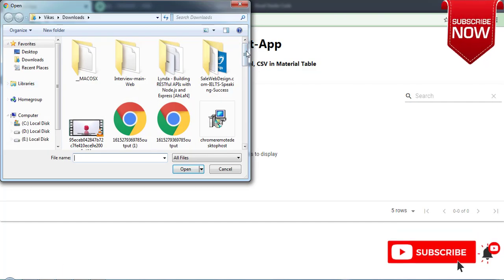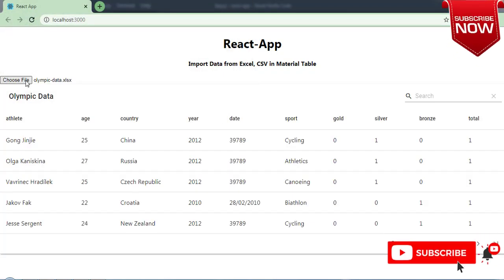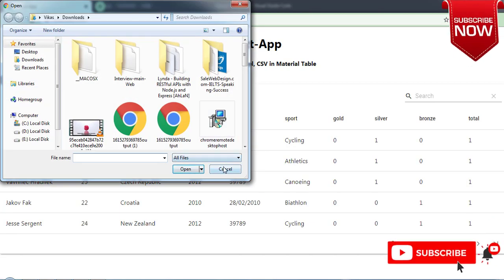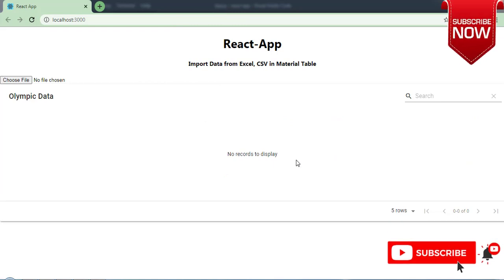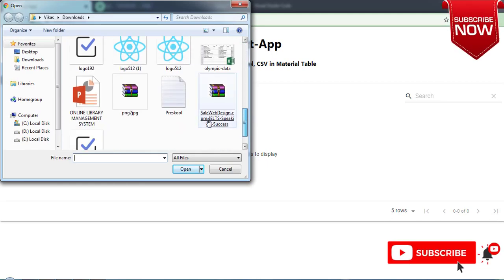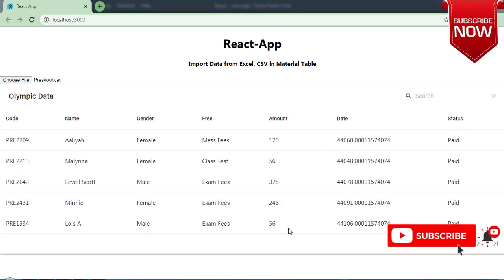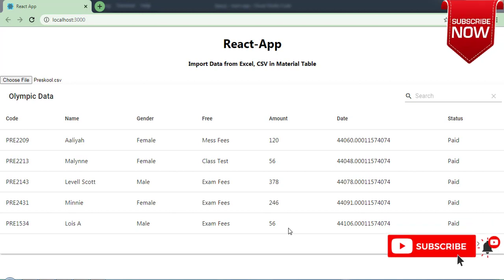Let me select a file. Now we have data, and now I came out. You can see I don't have any record and I don't have header information as well. Now let me select the CSV file, preschool, and you can see we have everything right now, okay guys.